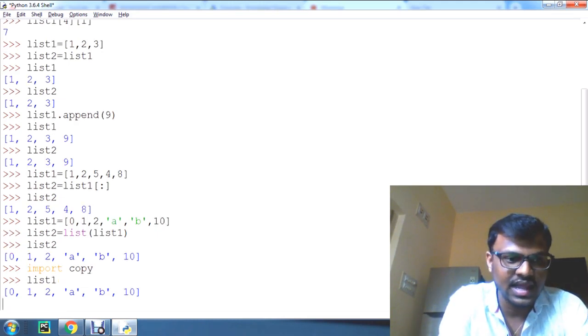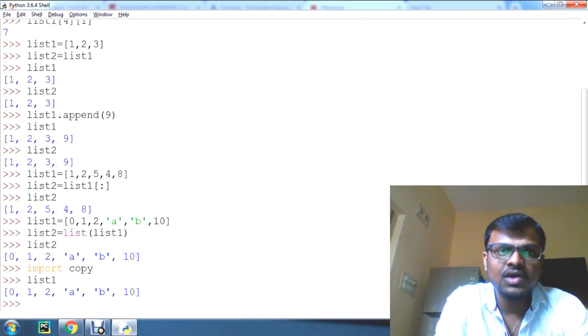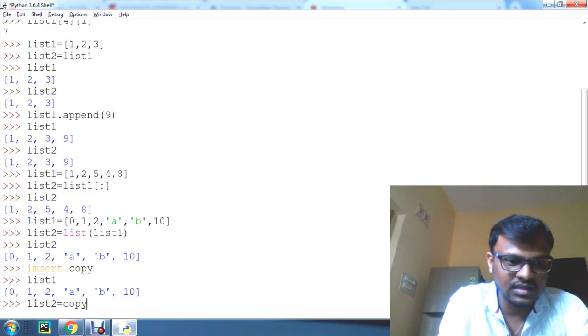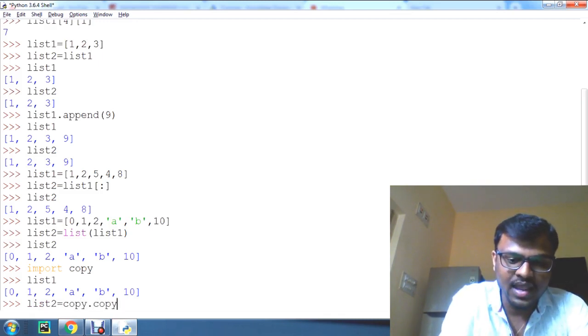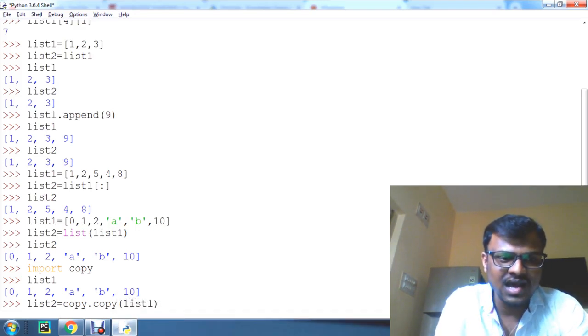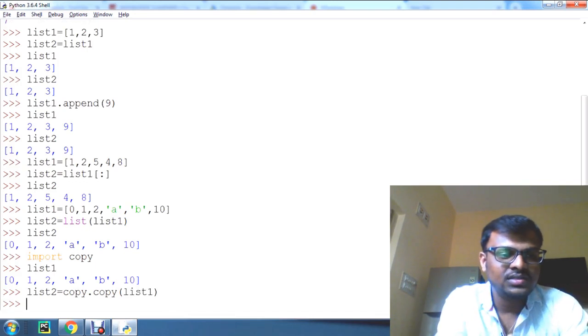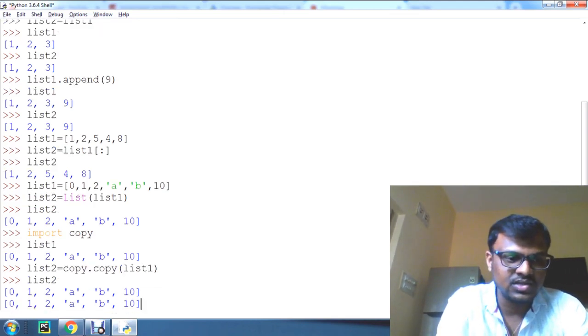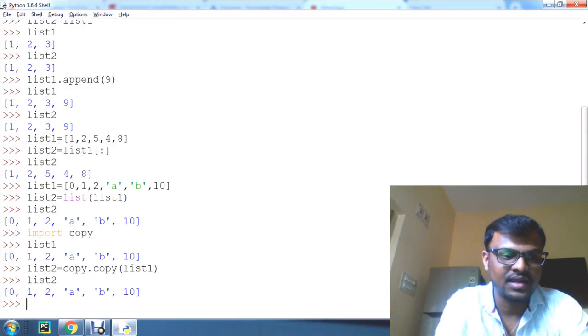We have the list 1 elements like this. Now we can copy list 1 into list 2 by using the copy function, that is copy of, and we should pass the argument, that is list 1. Now the list 1 elements got copied into list 2. You can check the value of list 2 now. Understand, this is copied.